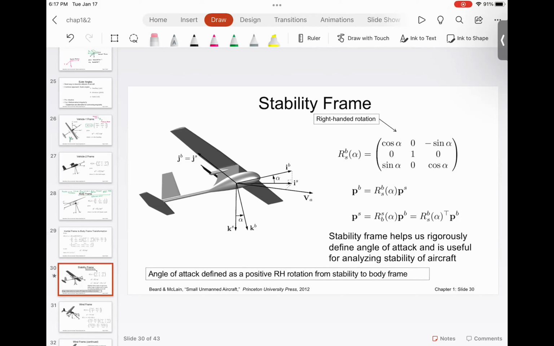That aircraft airspeed is at some arbitrary angle with respect to the body frame. Now, this is extremely important, and I want you to understand it. If you look at the aircraft, this is the body frame. This is the body frame. And what I'm showing you here is the body frame. The VA, which is the airspeed,